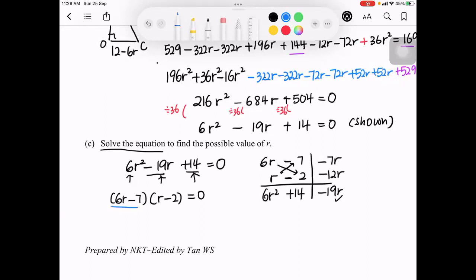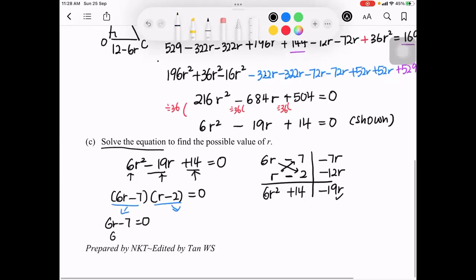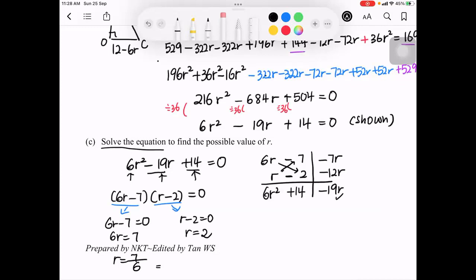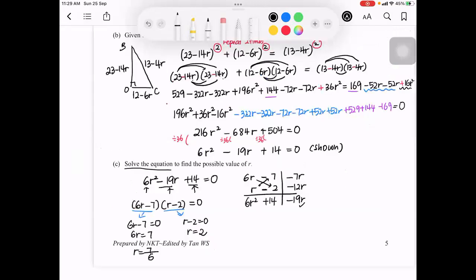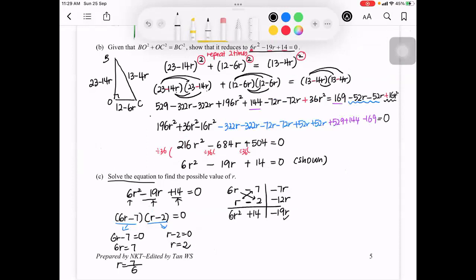First answer, can end off the lesson soon already. So 6R minus 7 equals 0. 6R equals 7, R equals 7 over 6. The other one, R minus 2 equals 0, R equals 2. Okay, 7 divided by 6 is 1.166666. Okay, got many different answers. Then they say find the possible value of R. For this one, we need to take note of our question. Both answers are positive and it looks like I can accept both answers,